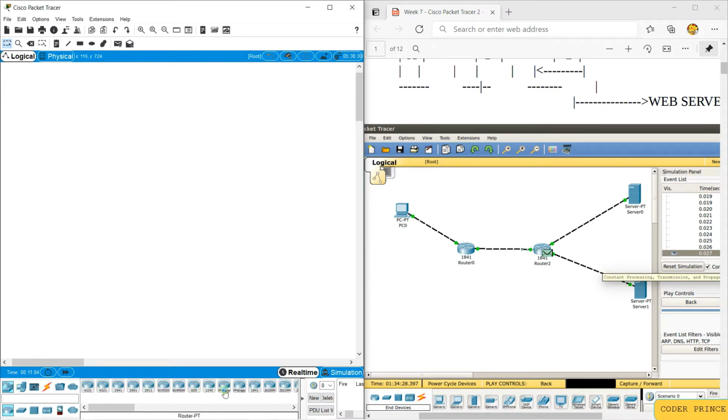We require two routers, one PC and two servers.